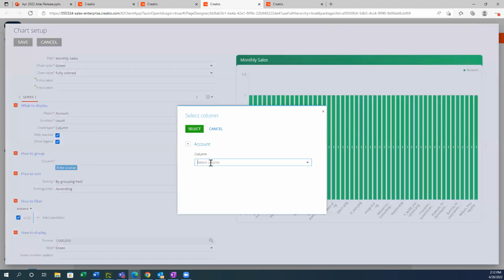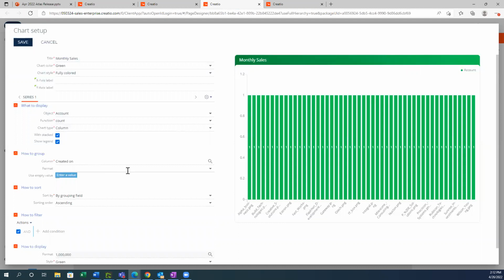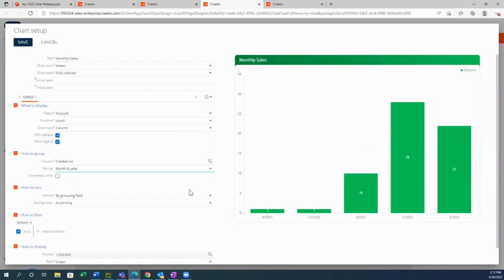Let's see. So we'll group this by created on date. And the format, we can select, for example, month and year. There, that's better. And then save this chart